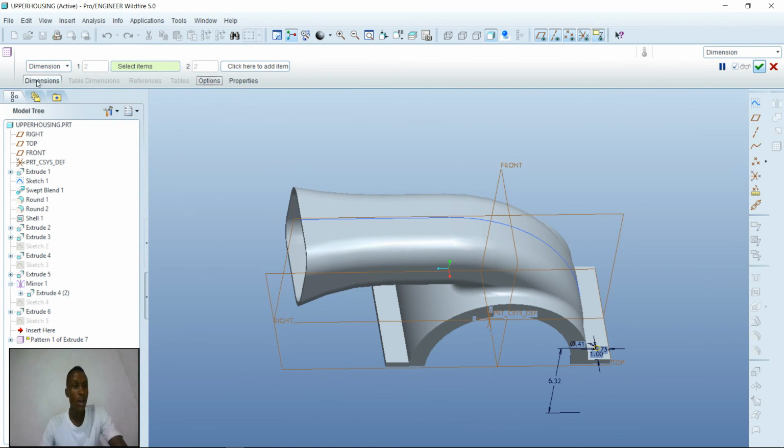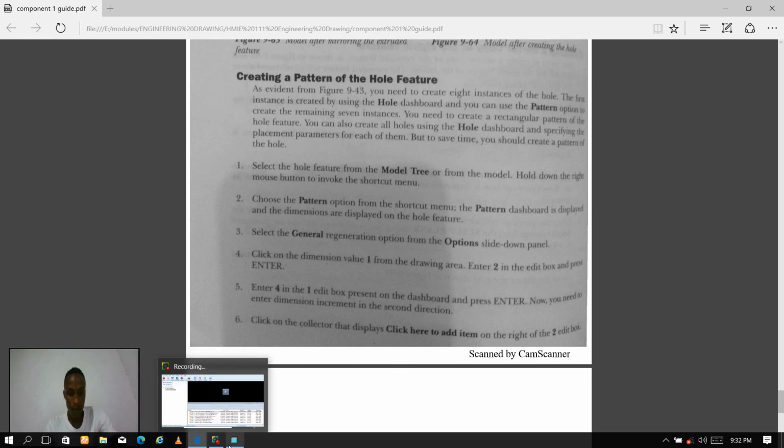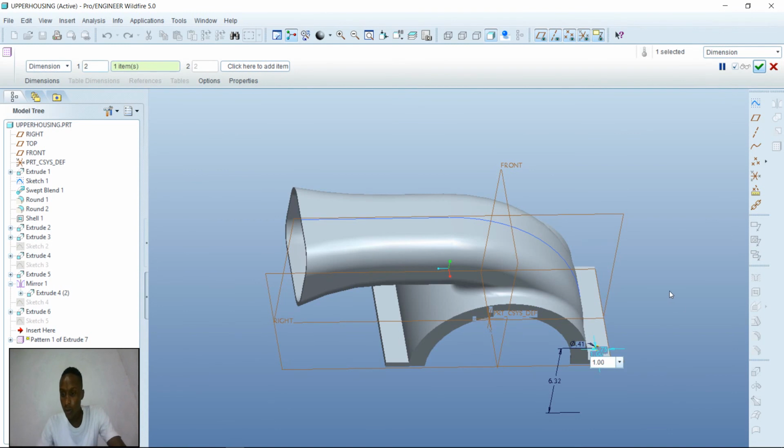So now I'm going to choose the dimension value 1 from the drawing area and enter 2 in the edit box. So I'm going to enter 2 here. So as you can see, I've produced another hole. So I need 2 more holes. So I'm going to enter 4 here. So let me change this. I'm going to enter 4. So I have managed to produce